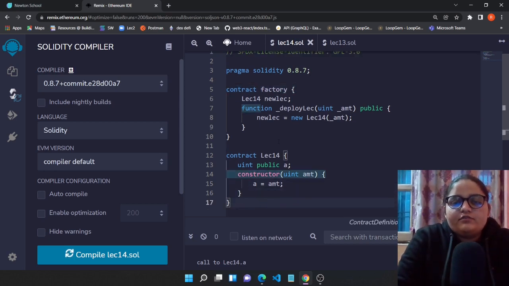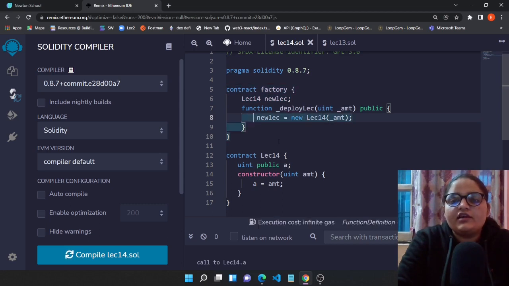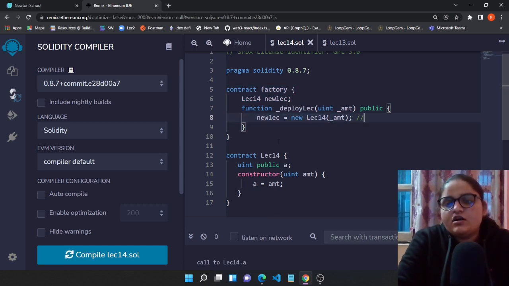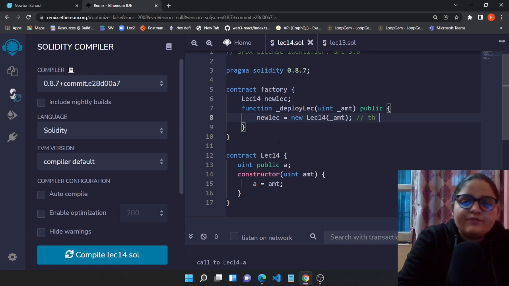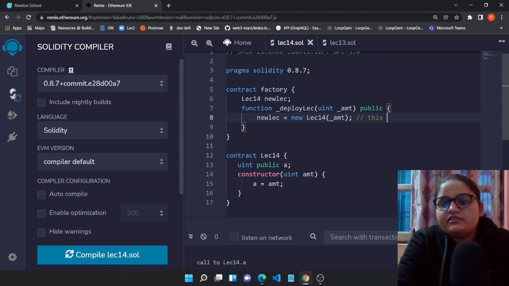So this is a basic contract, this Lecture14 contract, which will be deployed by this Factory contract using this function deployLeg. And this particular line will help us to deploy the contract.